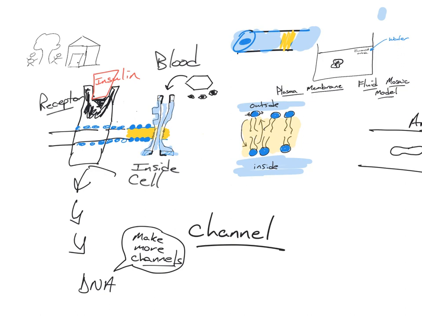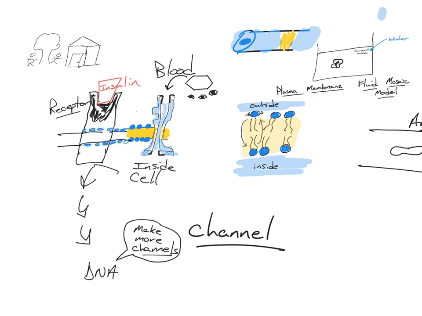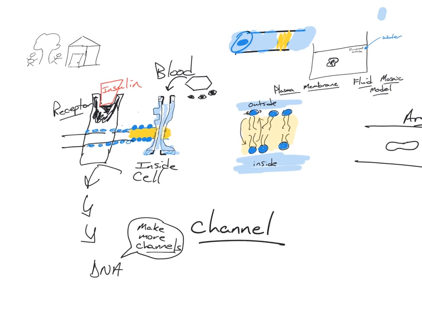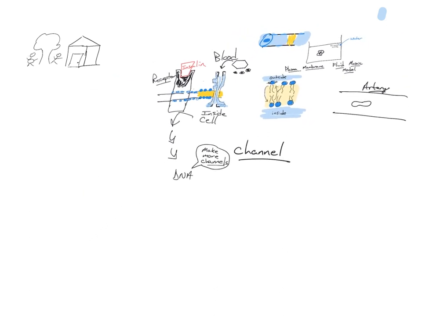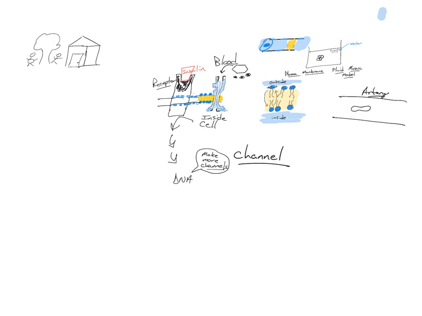Don't confuse it. There's a little bit of a confusing statement there. That's a fantastic question, and we will do a case study on diabetes as well. So there's another receptor. Remember I said fluid mosaic, right? Mosaic, a bunch of different parts and pieces. So there's another receptor down the line here.